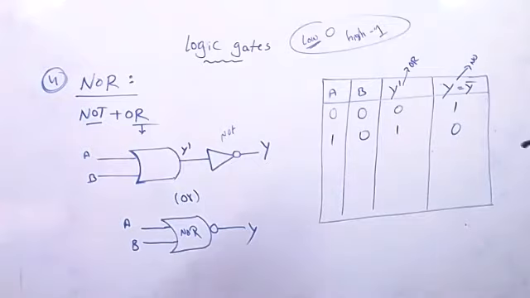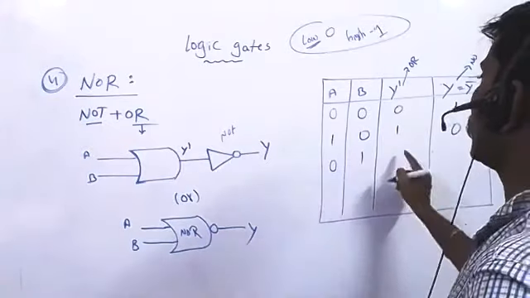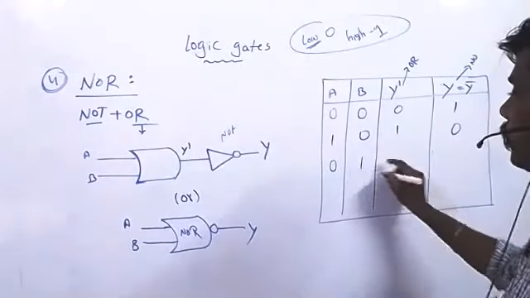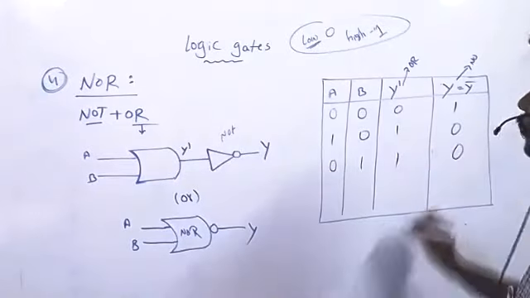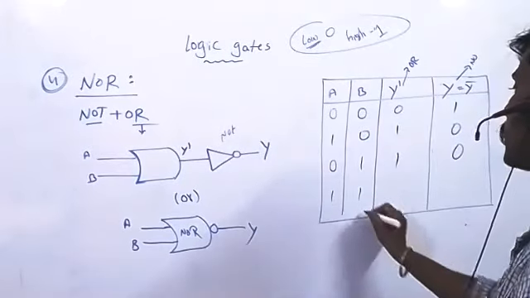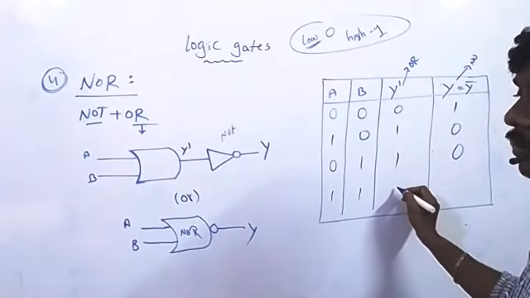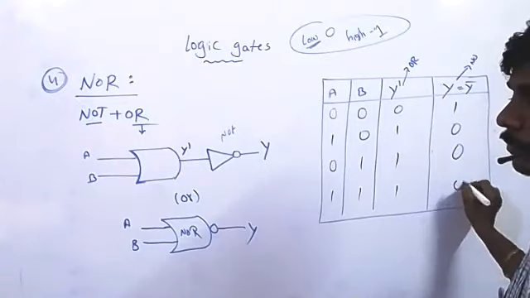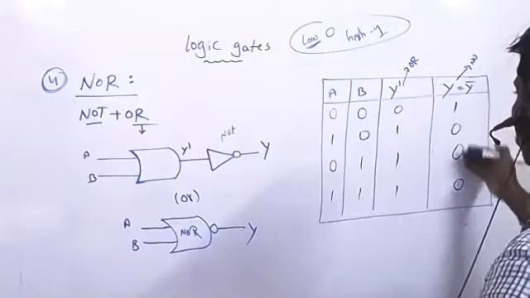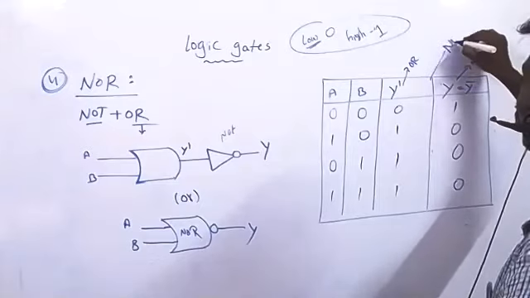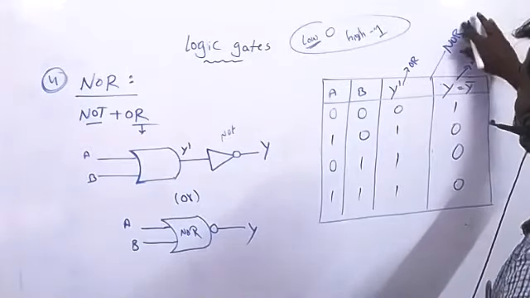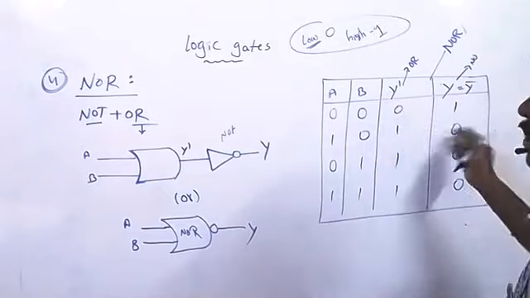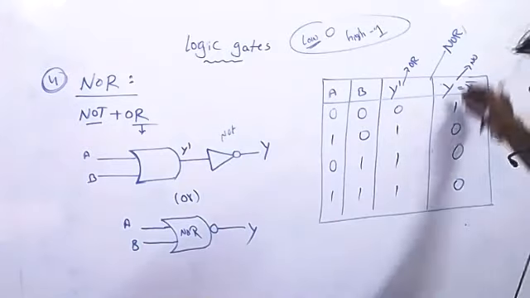Yes, sir. Now one is 0 and one is high. In the OR gate, will you get high or low? High. Here what will you get? Low. So one is high, one is high, that is also high in the OR gate, but here it is low. This result is called the NOR gate result, because we change whatever the OR gate result is. So the NOR gate will give this type of result.